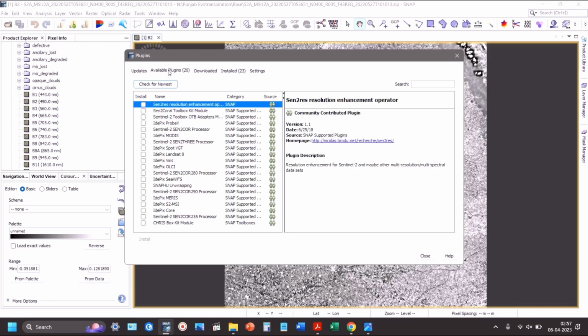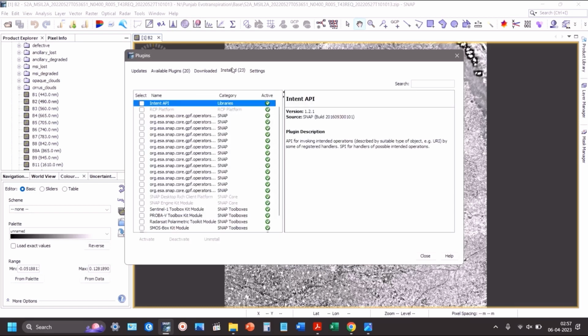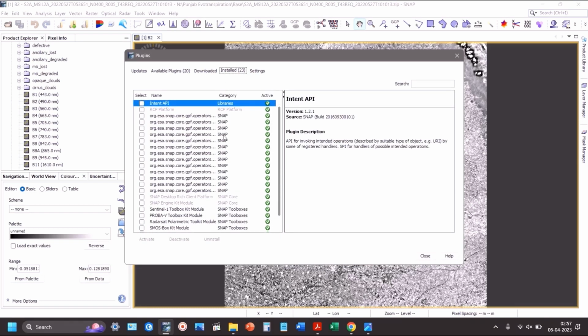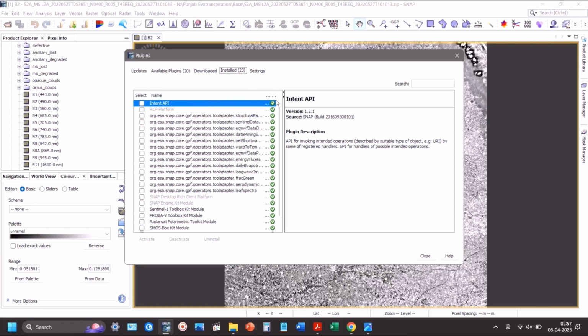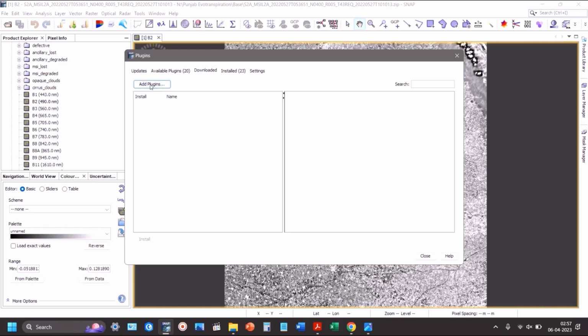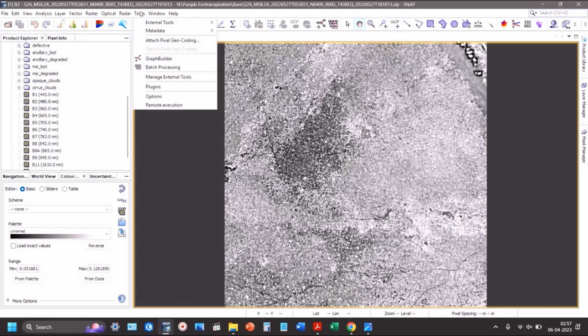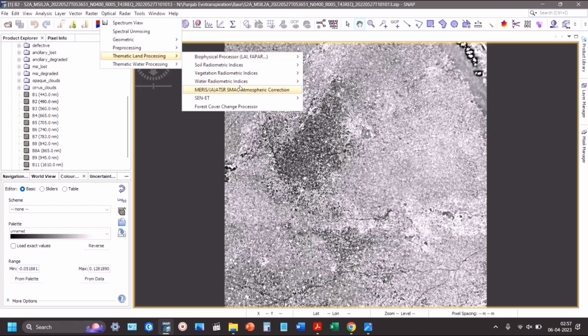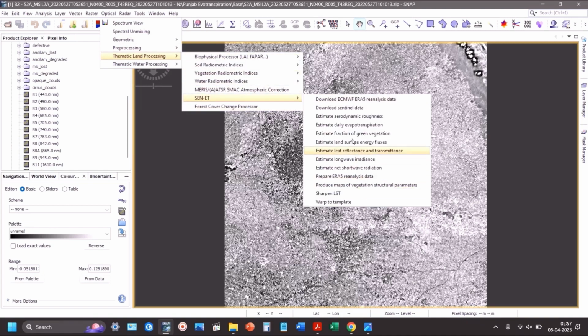The plugin file which we had downloaded earlier, I have already installed it, but you can go to the plugin section from the tools view and install that particular plugin by opening it and clicking on the 13 files within it, which contain the scripts to the tools which are used in the evapotranspiration study. So you'll have to click on the add plugin button to do that. Once you have installed it, within the optical and thematic land processing section, there is a SEN-ET folder which contains